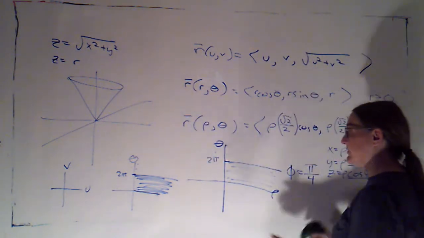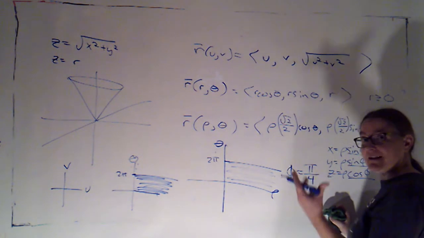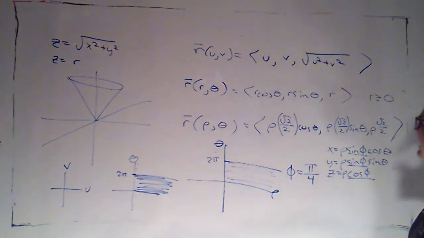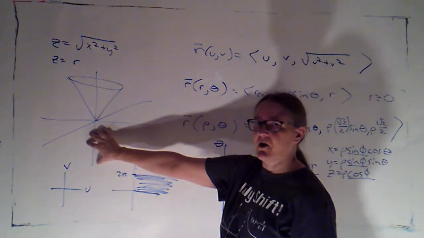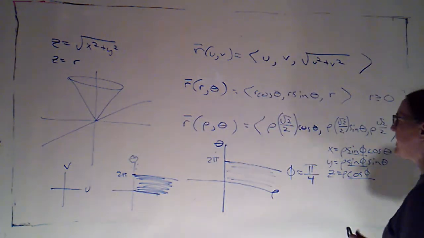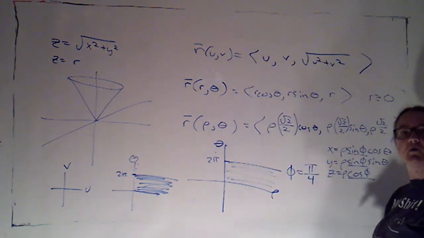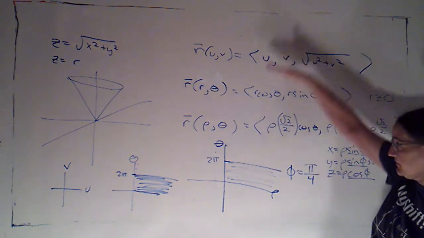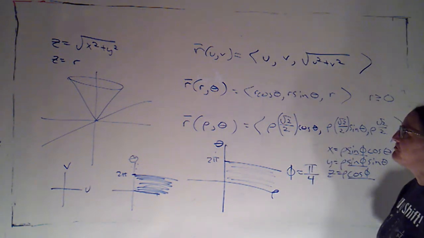Here it's very similar. I want my rho to be non-negative. Okay, that's its role in spherical coordinates. And if I suddenly allowed rho to be negative, I might start getting cone down here, which I don't want. Okay. If I let theta vary between 0 and 2 pi, I'm going to get that cone just once. If I let theta vary further, I just get multiple copies of the cone.